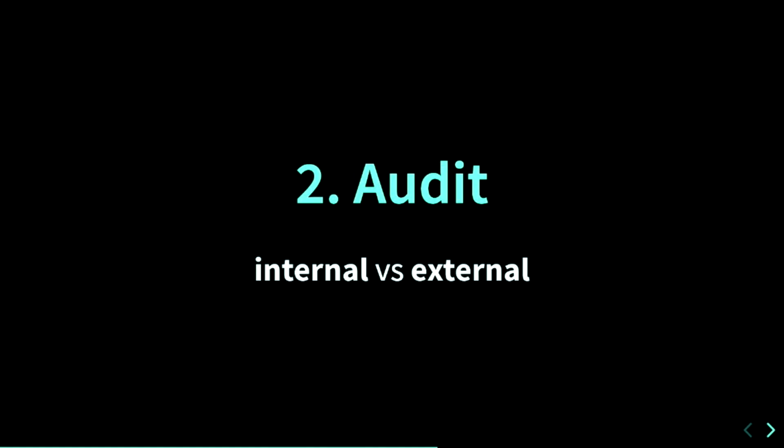So in focus number 2, that's an audit. You can have internal and external audit. And most of the time, it depends on your use case. When do you use each of them? So if you're a government website or you have some sort of a legal requirement that you must meet, like you must meet WCAG 2.1 AAA or AA in order to be a part of an agency, then you should